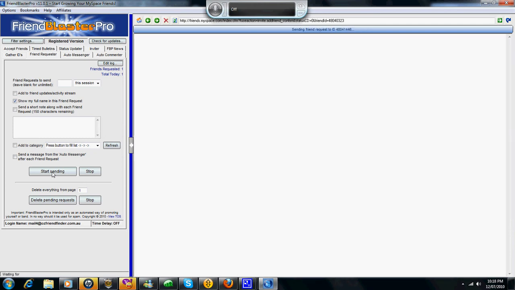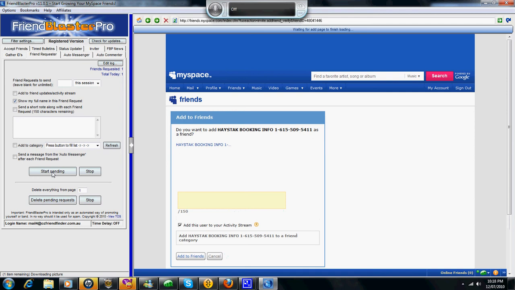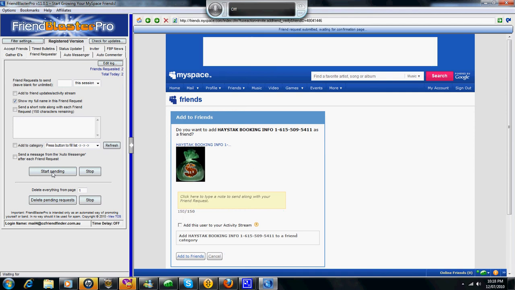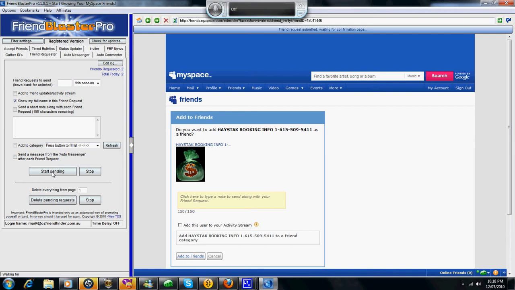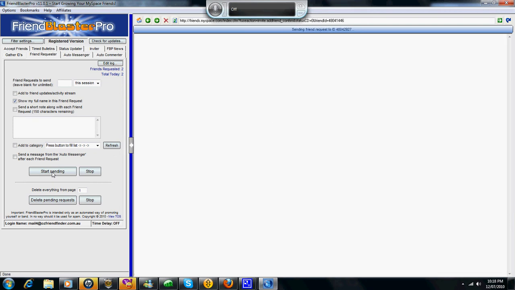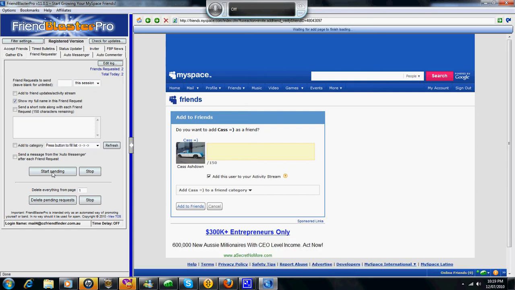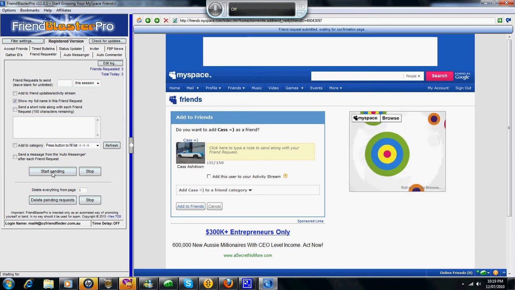But quite often I recommend you put a message in there, depending on what you're marketing or why you're using the software. As you can see, it cruises through. It just keeps going and going. It skips IDs you've done before. People also have settings so that only people with emails or a known last name are included. It just skips the ID and moves along. As you can see here, as it's going along,